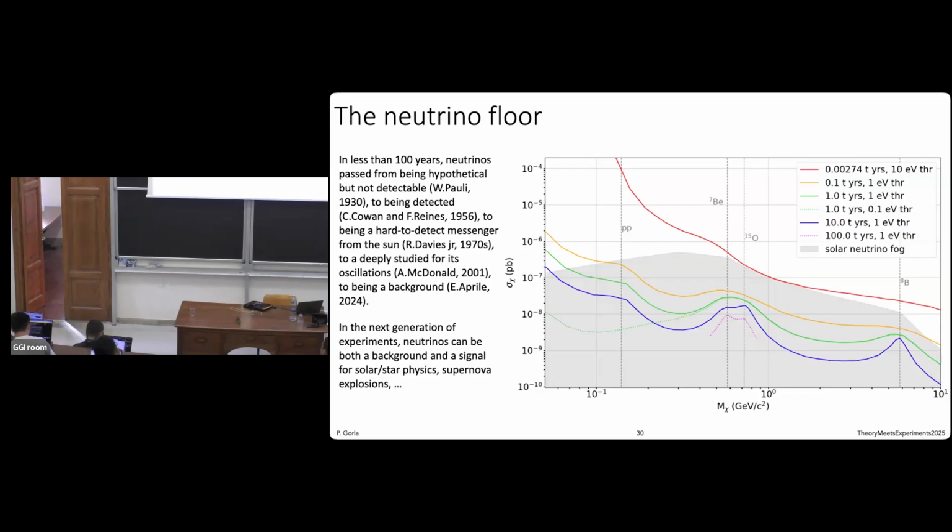So, of course, in next generation experiments, neutrinos can be both a background and a signal, because there is still some solar star physics that we are interested in. Metallicity, for example, is another open question in the understanding of the life of stars, and of course